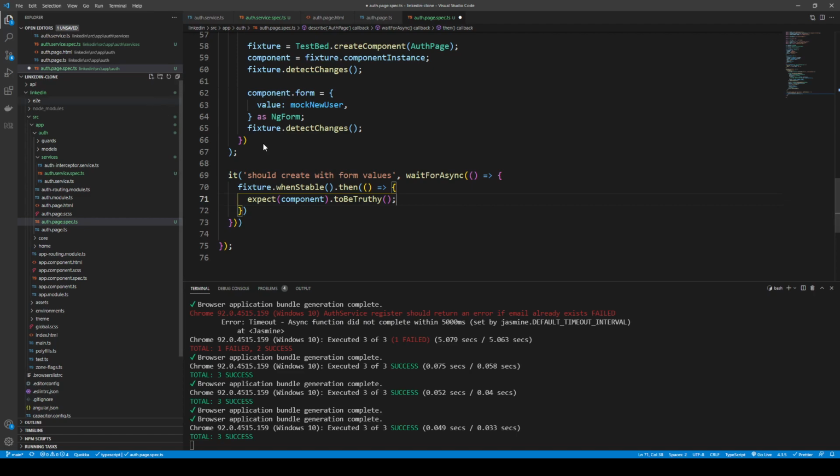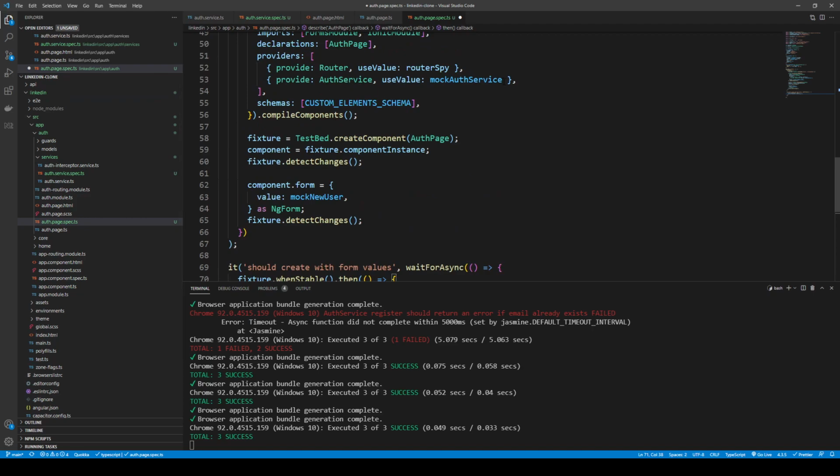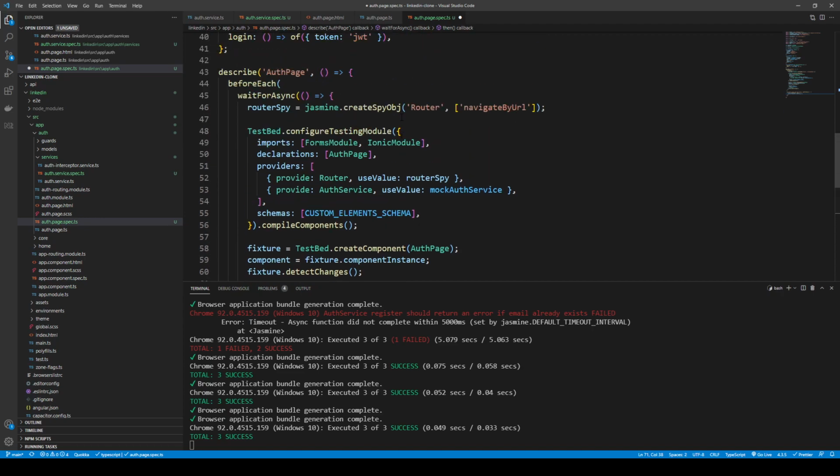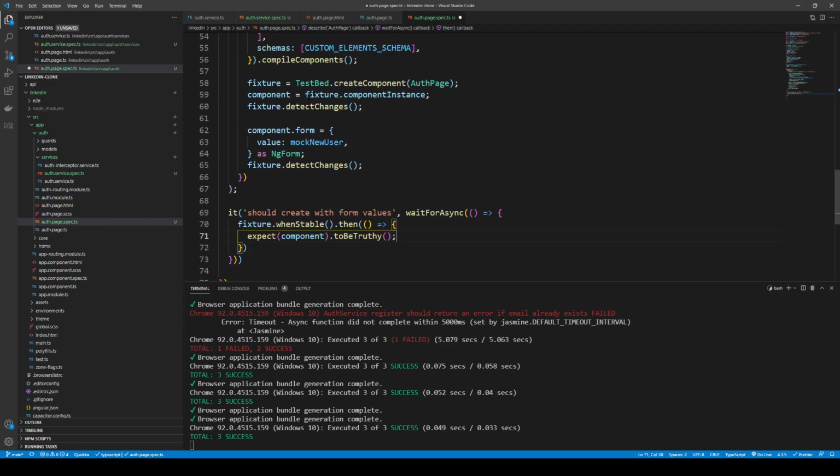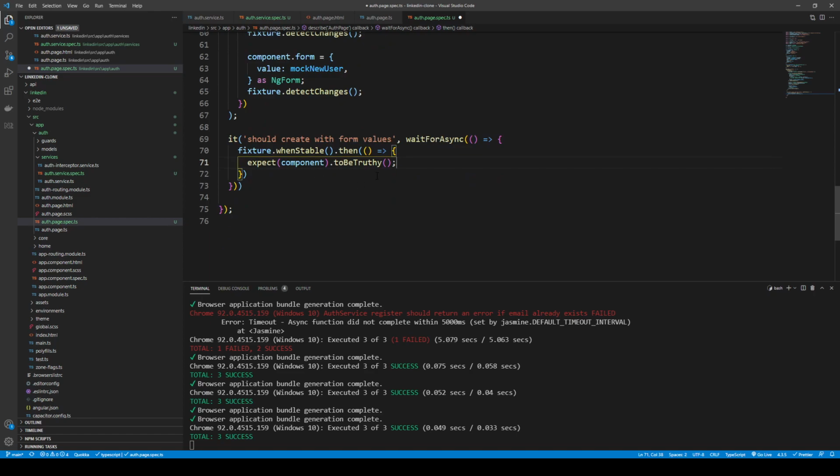If things aren't working, for example, you got a mock service that doesn't have the right function that gets called through the page component, or just anything that went wrong with this initial setup, it won't actually build the component for you. So you want to just check that that's working,